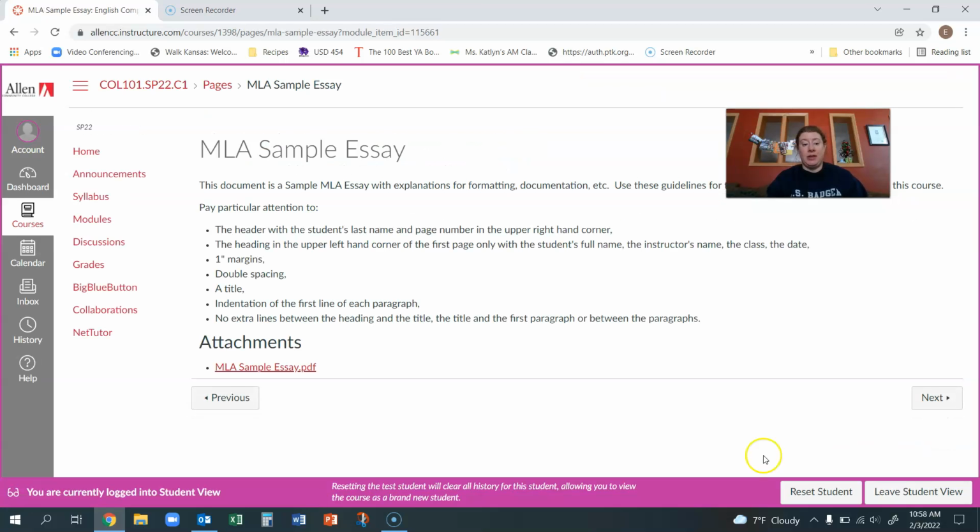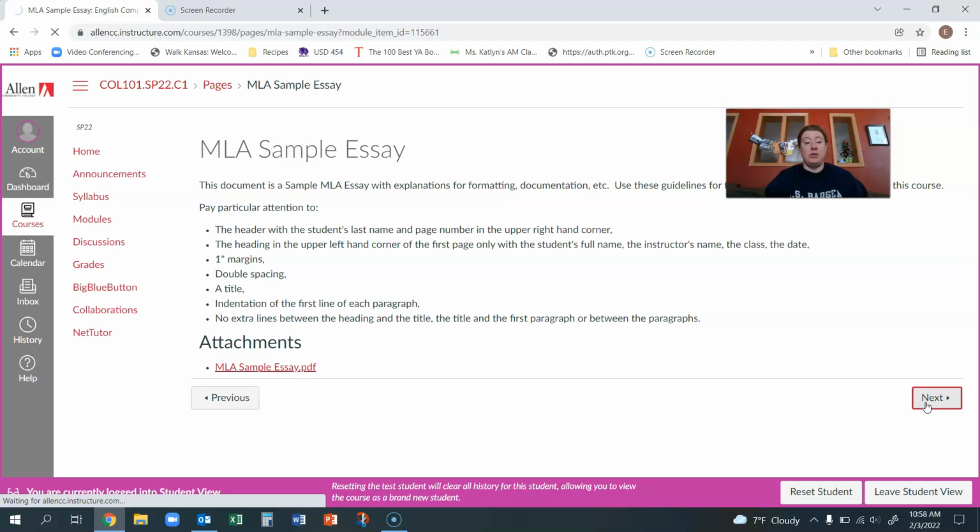The other thing I have in this module is how to put together an MLA paper. That is the format with the 1-inch margin and the double spacing and all that. And there's a sample as well, so that you can get your rough draft formatted correctly. You do need to type your rough draft. Do not handwrite your rough draft, because if you handwrite it, then that's the only copy of your essay. So if you lose it, you're screwed. And then your peer has to read a handwritten copy of your essay, and that's just not pleasant. It's much harder to give feedback on and tell whether you're doing punctuation correctly and things like that. So make sure you type and print your rough draft.